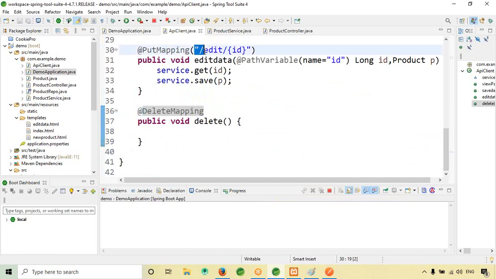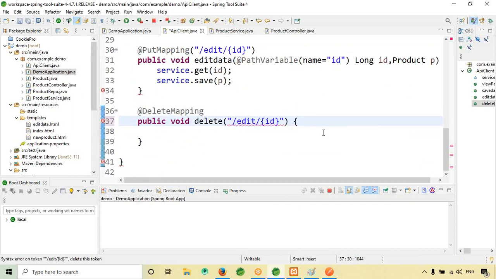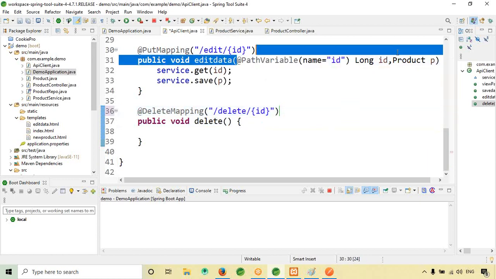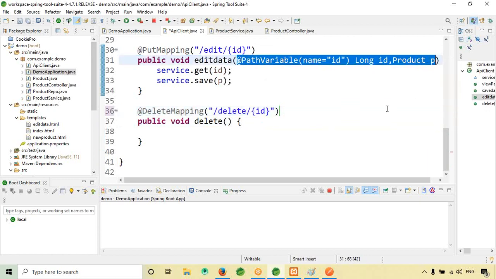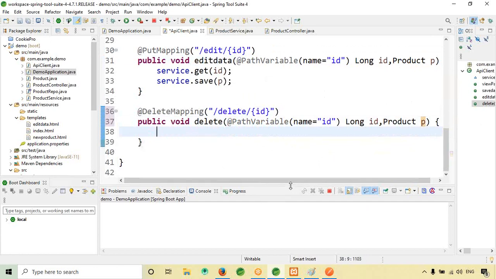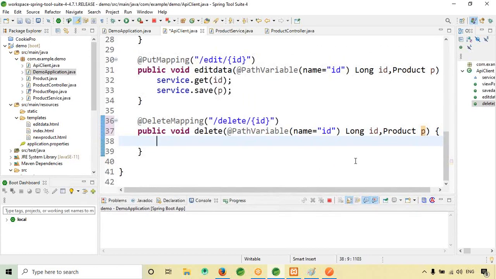So same thing here, whatever we have done, copy, paste here. So instead of, oh sorry, not here, I think here. Okay, just pass delete. So here path variable, okay.